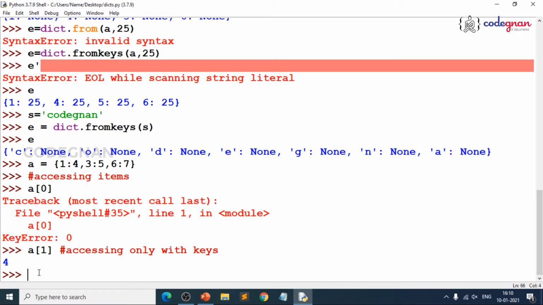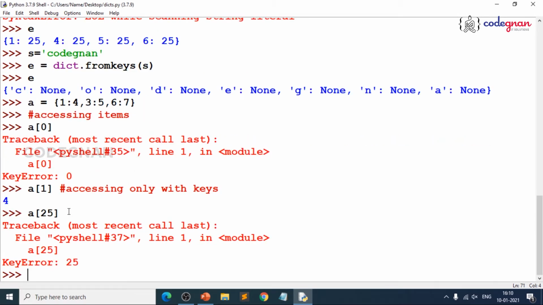That means if you pass any other key which is not present in the dictionary, you get a key error. So, generalize it: if you pass 25, you get a key error because there is no 25. But there is also a method present in dictionary where you can override the errors. That is where you use the get method. Get, in the sense you are trying to take it, right. So, you use get, it returns the value associated with the key. If it is not present, it will not give anything.